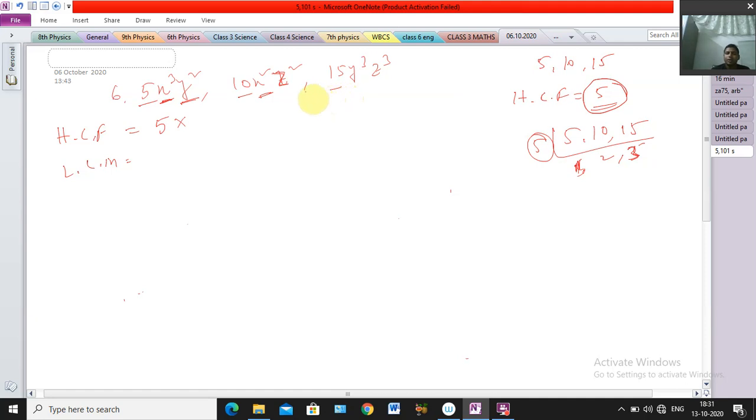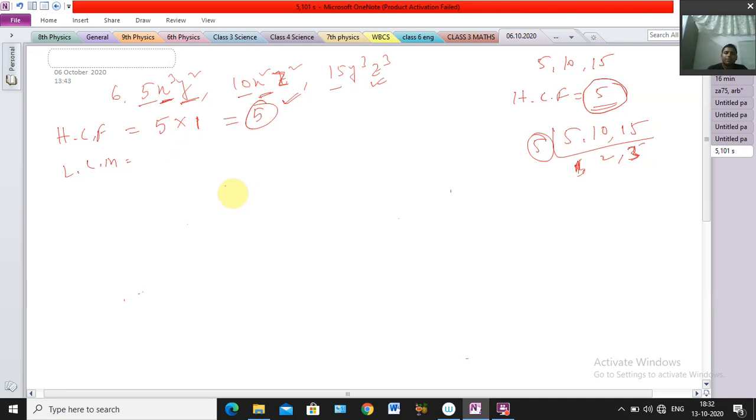Y also we cannot take, because we have to take the common portion from the first, second and third parts, but we are not getting it. In 2 parts we are getting it, but not in 3 parts. So that's why we cannot take it. Clear? Similarly z also: in the first part no z, but the second part has z square and the third z cube. So we cannot take this one also. So only 1 will come. That means 5 into 1, only 5 is the answer. Clear or not? Okay.